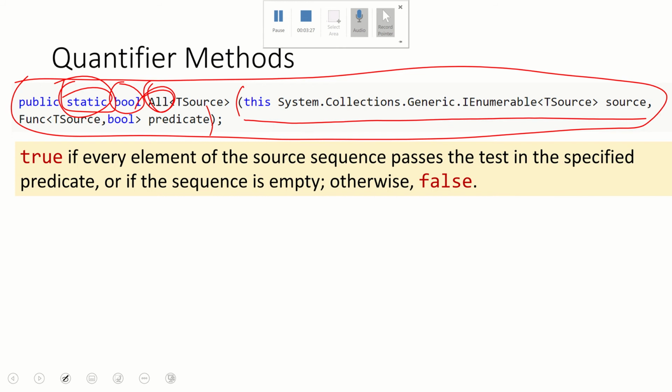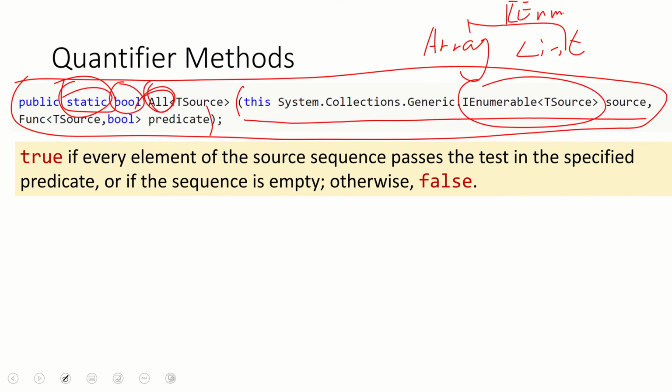This source means we can call it on anything that is IEnumerable, which means we can call this method using an array or a list, because all of them inherit or implement the IEnumerable interface. So what does this method do? This method will return something. So how does it return something? We're using this